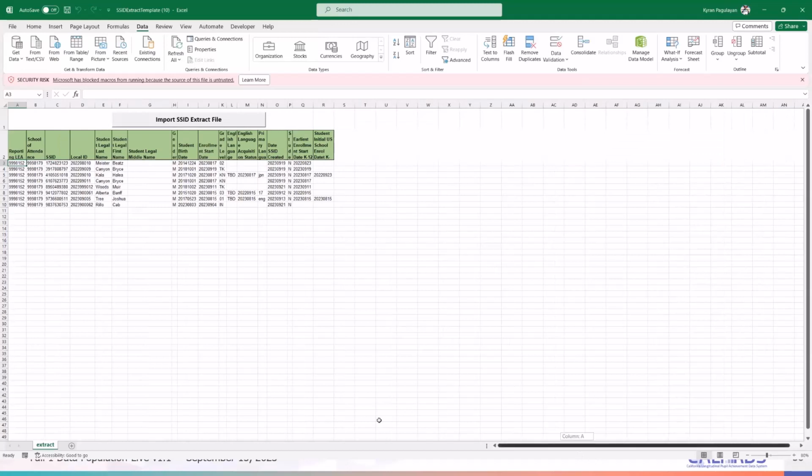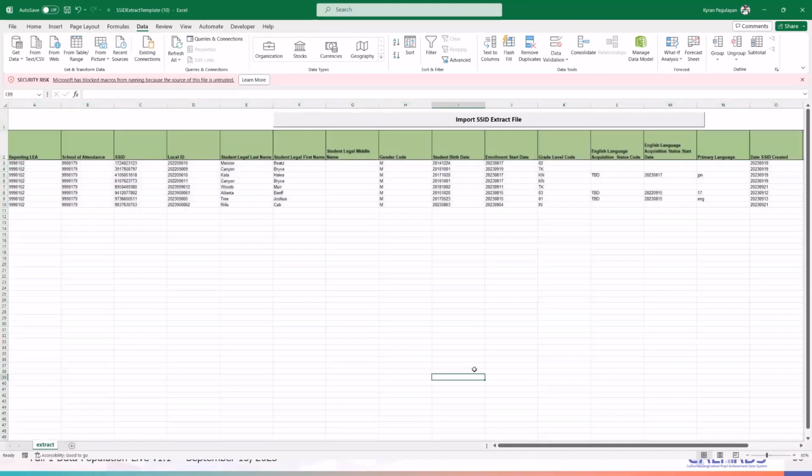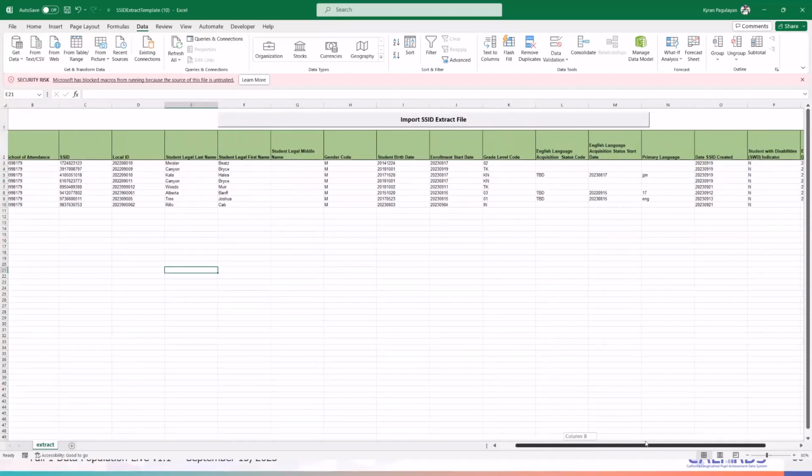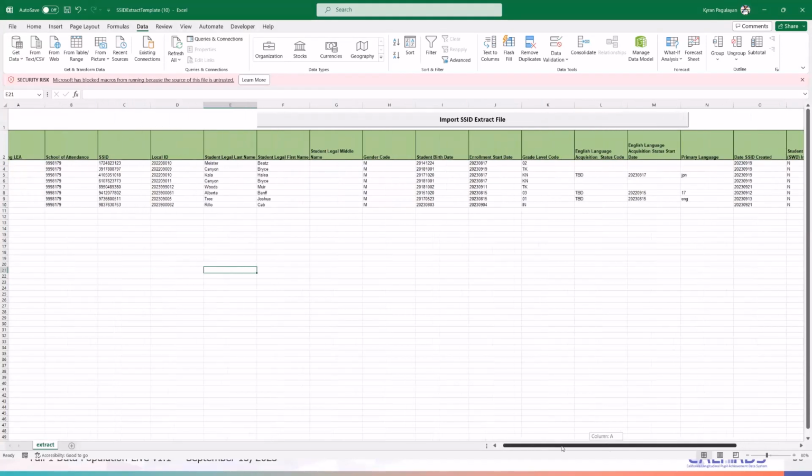Now I have the extract presented in a more useful version, right? So I have all of those enrollments I requested SSIDs for since last week, and then the SSID create dates. And then look here. So I have some students who I requested based on their grade level, and this student came from a different